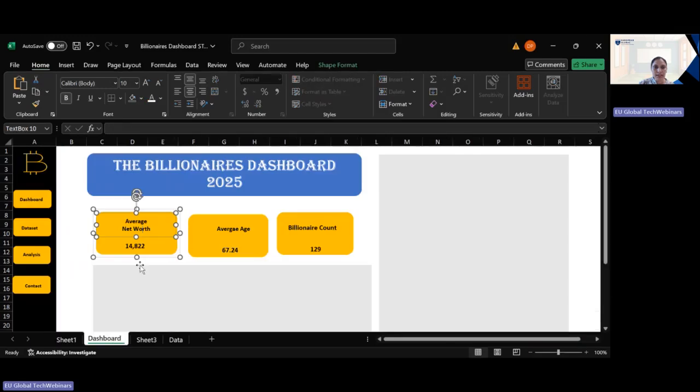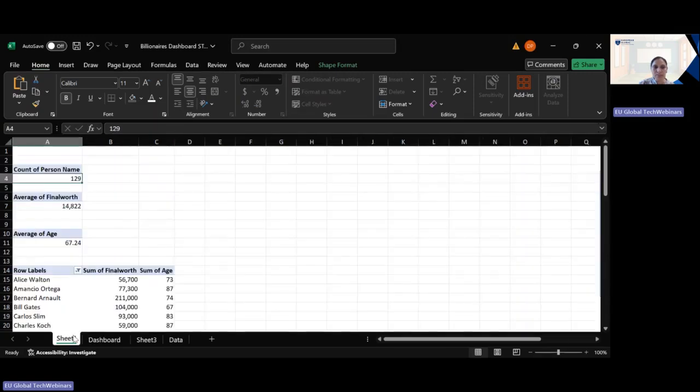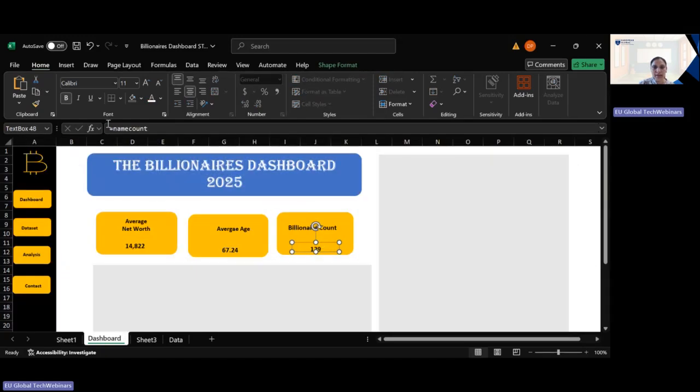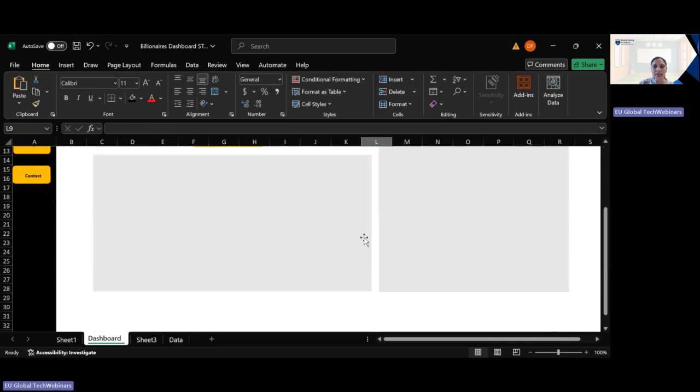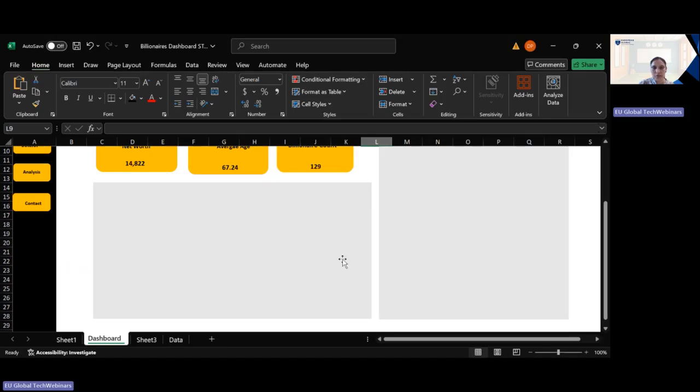And there, when we went to the dashboard, what we did was simply write the name. That means when we selected this data, we just wrote the name worth over there, right? And then for billionaire also, when we selected this data, we just wrote name count is equal to name count, which is the name of this text box that we have given over here, right? So that is why we got this value of the name count in this particular text box, right? Now, what we have to do is create a visualization of the dashboard,